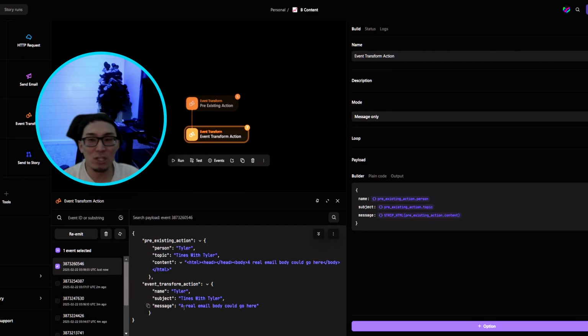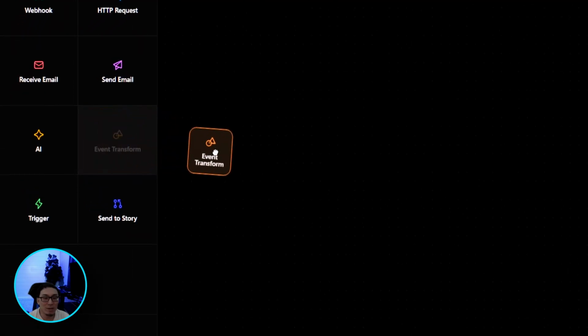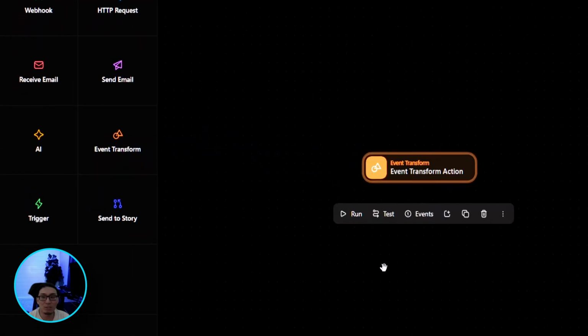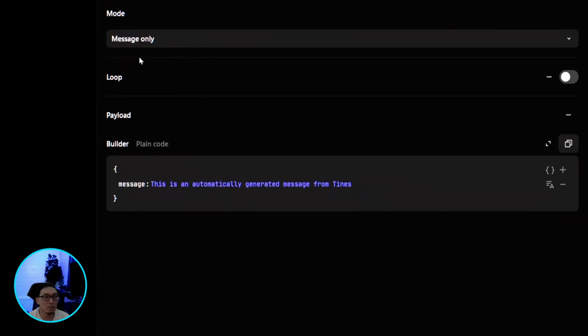In this video, I'm going to show you how I mainly use the event transform in message only mode in Tines. Alright, so here I am in my Tines story. I'm going to go ahead and drag the event transform action onto the storyboard, and in the default settings, you can see here that it's already set to message only mode and that there is already a pre-built message in the payload. As you can see, this pre-built message is already set up as a JSON object with a default